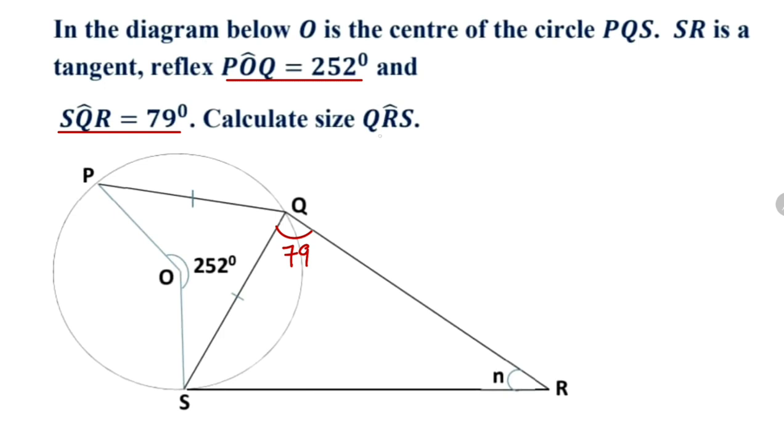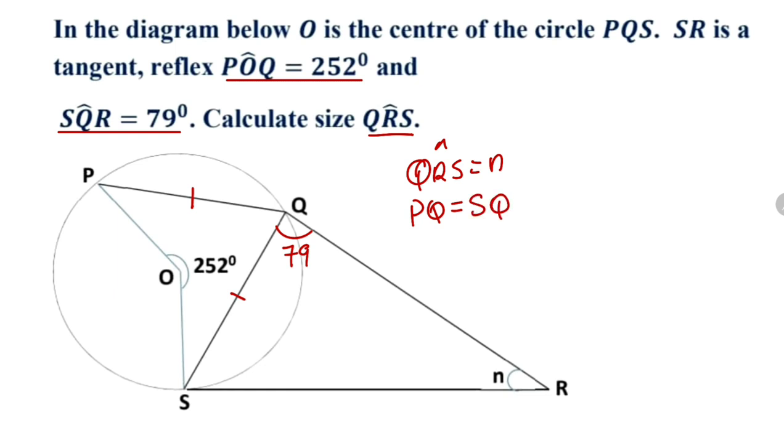Now, don't forget that we are looking for the size of QRS, which is equal to n. QRS is equal to n. That is what we are looking for. The next thing you need to do is to take note of each and every detail. Look at this, you have this, you have this. It's very important. That is to say, PQ is equal to